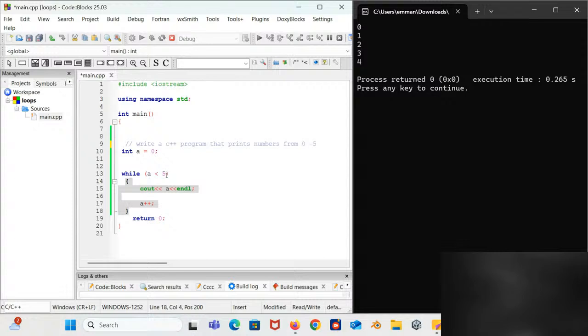And for the syntax of the while loop, you have to first type the keyword while, followed by parentheses, and in the parentheses you are going to have the condition that is supposed to be checked. So as long as the condition here is true, this block of code will keep on running. After the condition, you bring up your curly bracket here, and in the curly bracket, you have an action that is supposed to be done.